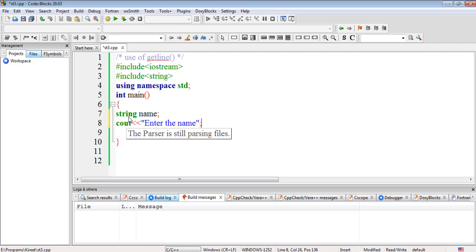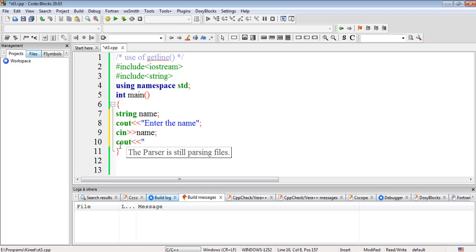I'll read this name through cin, the name that we have read from the console input. Now we also have to print it to the standard output console, so I'll write cout name is, and name. Here you can also put a new line character.